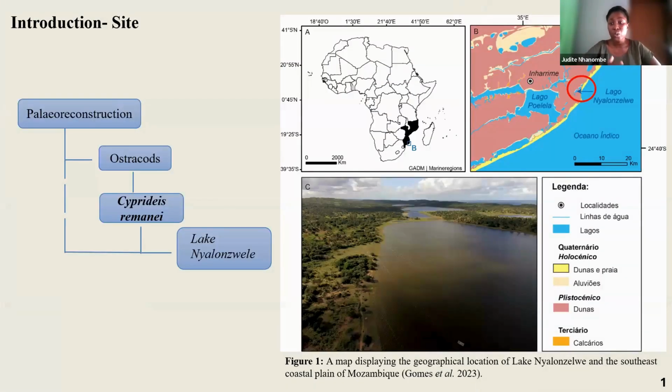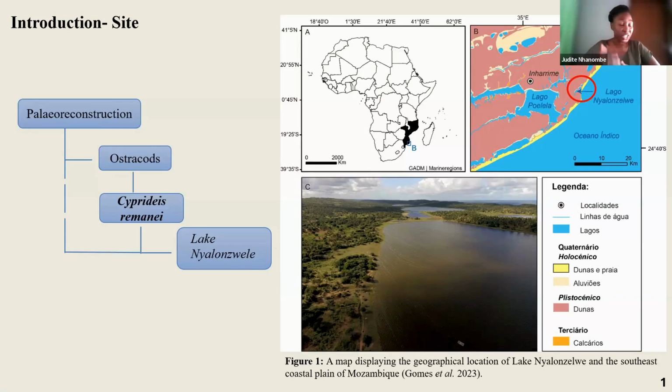Paleoreconstruction has been used to explore the impact of environmental change on human society, such as settlement patterns and food resource availability. To study these effects, ostracods, a bivalve crustacean found in freshwater and marine environments, have been used. Among them, Cyprideis, a genus known for its high tolerance to salinity variation, was selected due to extensive study